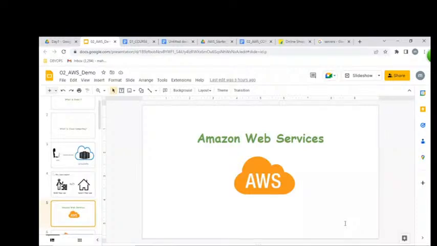AWS is the first cloud provider, in 2002 might be. That is the reason it is popular. It is the first provider, so it occupies more than 50-60% of the market.